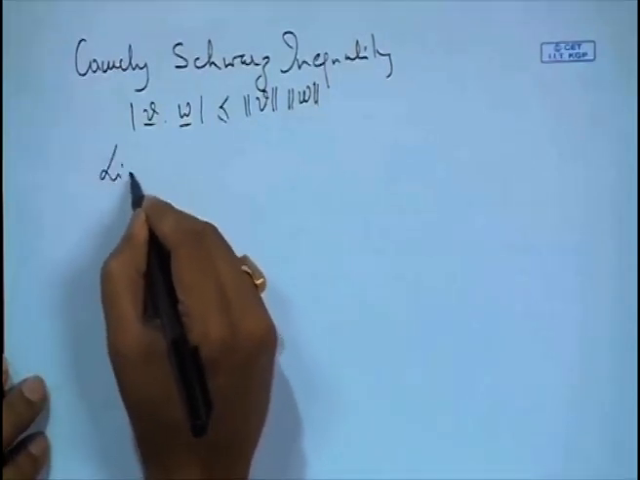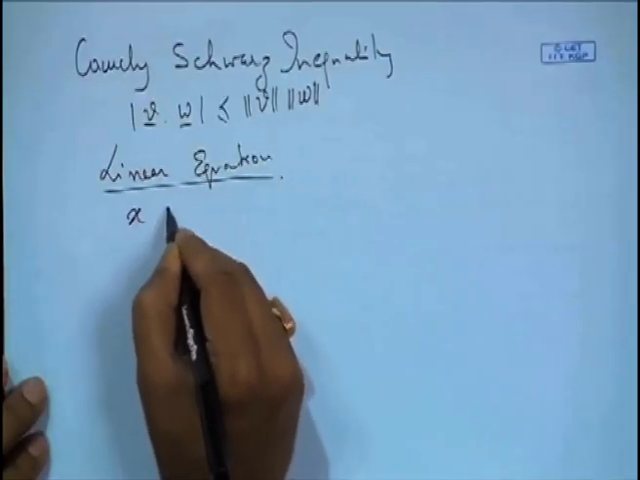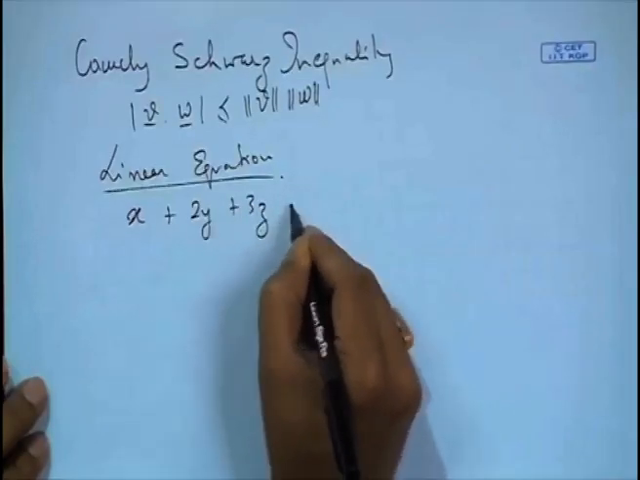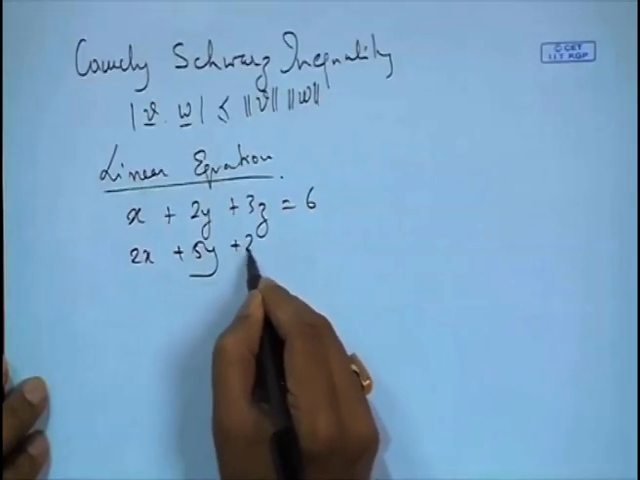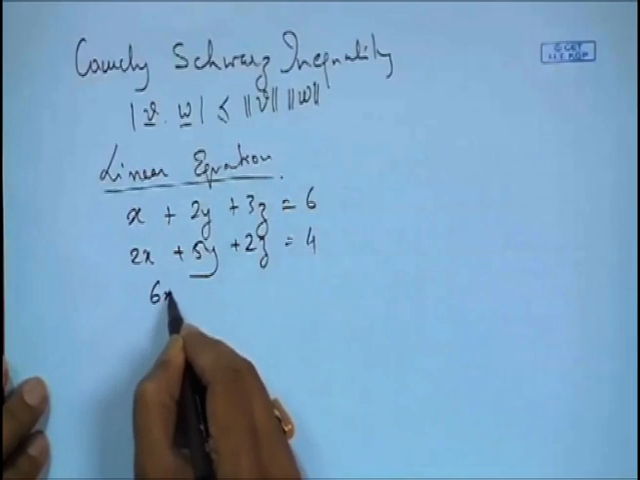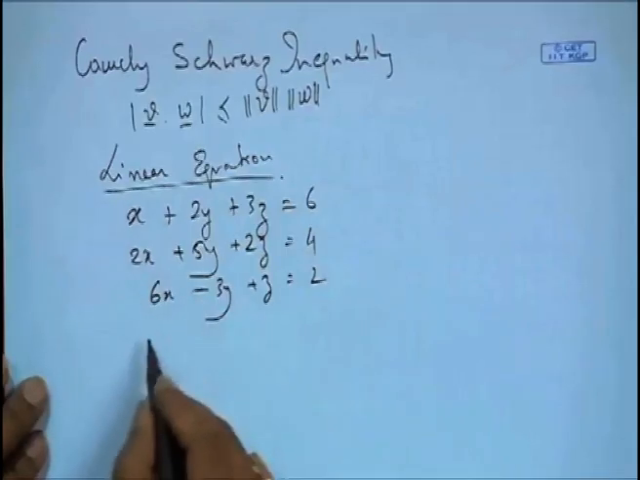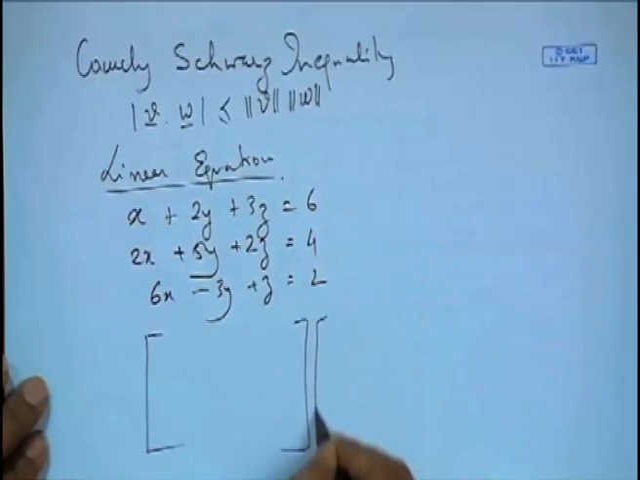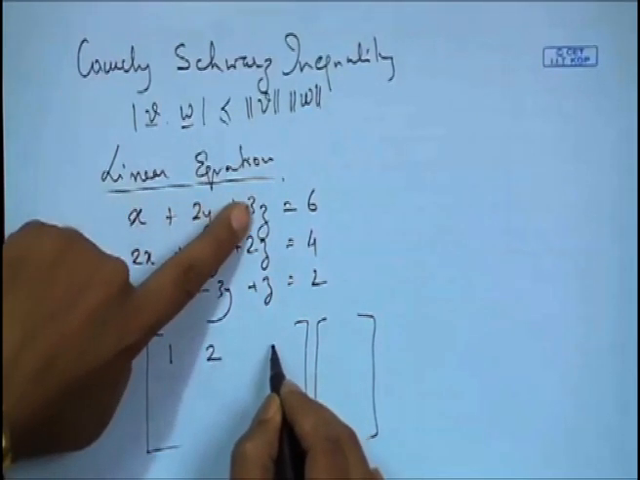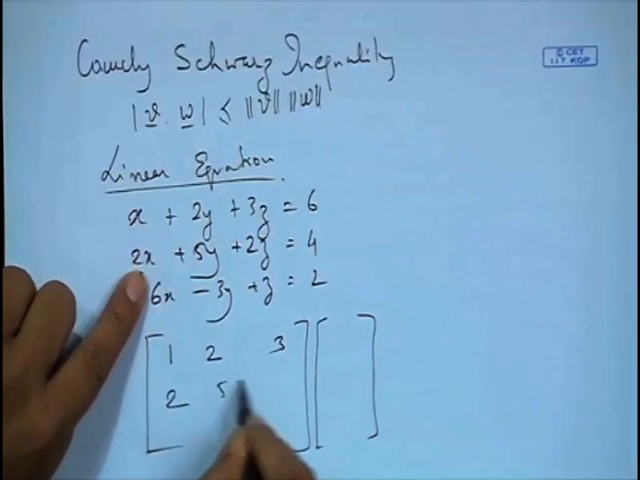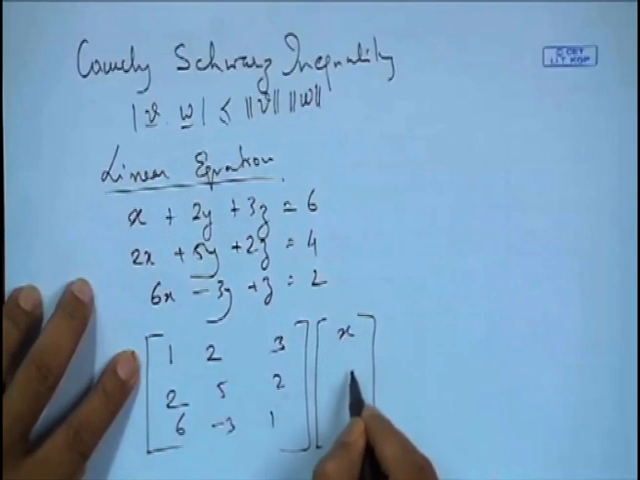Moving forward, if we have linear equations, let's say x plus 2y plus 3z is equal to 6. Suppose this is one linear equation. We have 2x plus 5y plus 2z equals 4, and let's say 6x minus 3y plus z is equal to 2. This set of linear equations could be written down in the matrix form as 1, which comes from here, 2, which comes from here, and 3, which comes from here. Then 2, 5, 2, and 6, minus 3, 1, and here it is x,